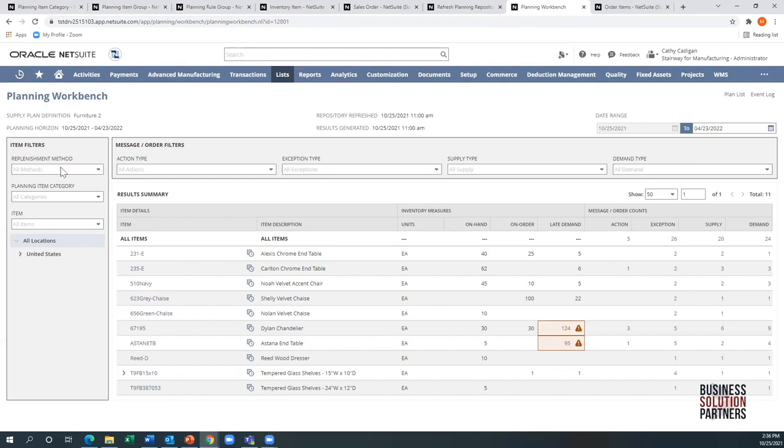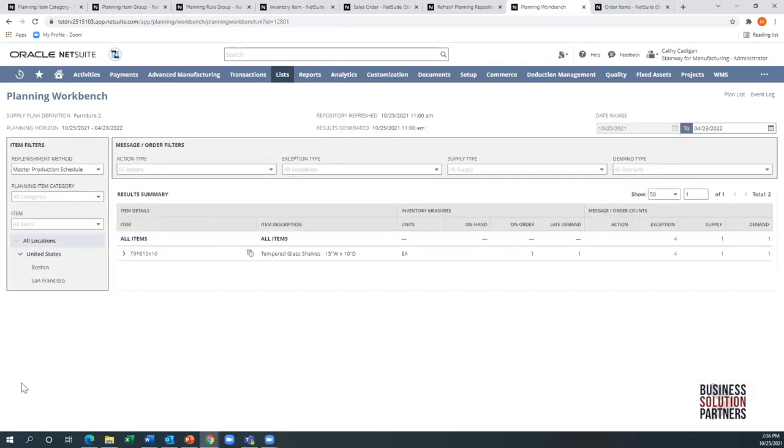From left to right, what you'll see is under replenishment method, those were our two drop downs. If I just do master production schedule, you'll see there's just one item. This is a manufactured part, and when I explode it, this is actually the component from the bill of material. So if you have manufactured products and you want to see the interrelationship of those components to its parent, you can see that right here